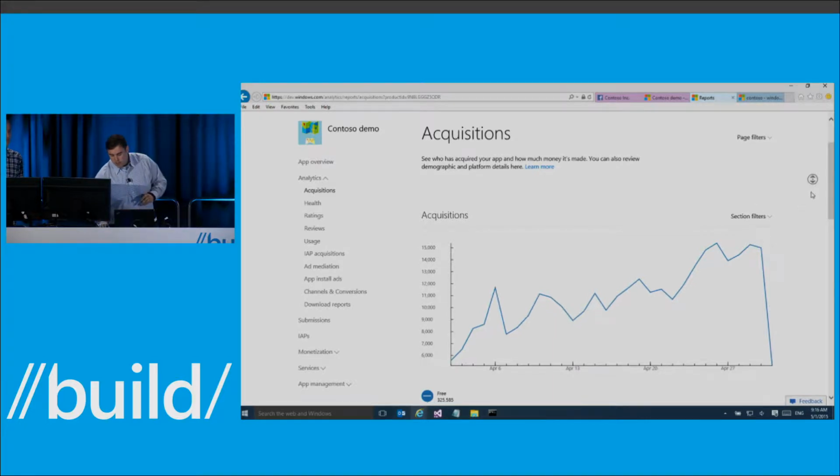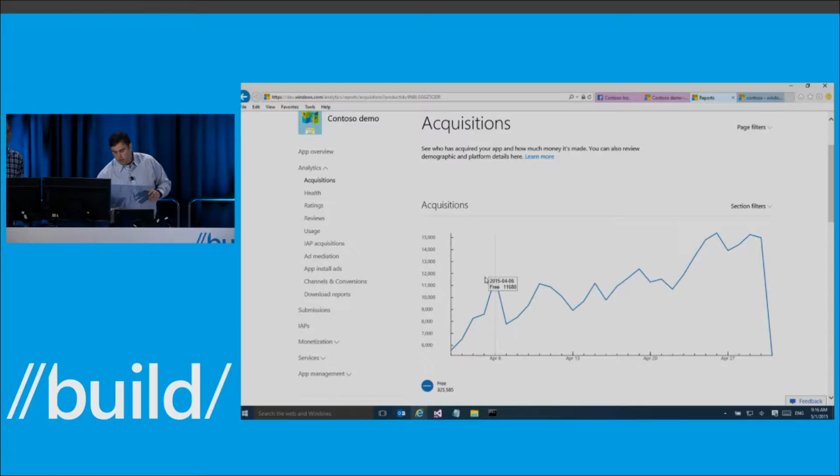All of this data right now you see is over the last 30 days, but we're also very soon going to be adding a last 72 hours filter to this page so that you can see an hourly breakdown, a close to real-time view of your data of the number of people acquiring your app and IP items. This is critical as you launch your app for the first time, you launch updates to your application, you launch new IP items. You want to be able to track how quickly people are acquiring them across the markets.